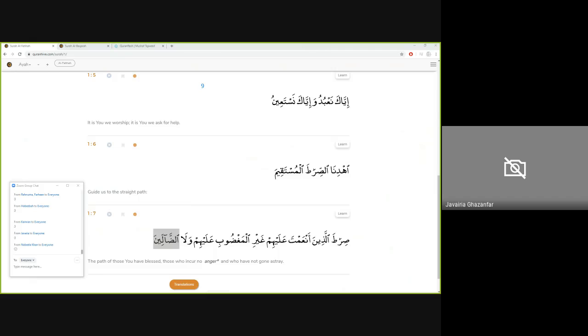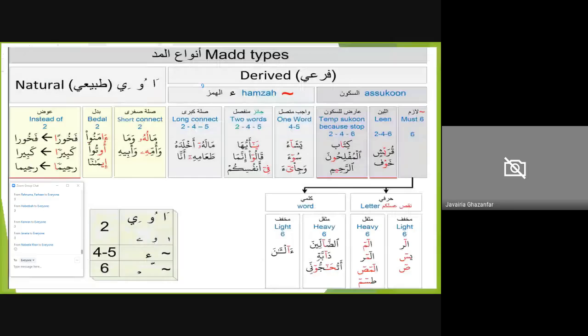So after the mud, we discussed, before the mud, we discussed the meem sakina, and we had discussed the ahkam of noon sakina. Okay, so idgham meem sakina, we talked about if we made a small checklist: if meem sakin is followed by a meem mushaddad, then that's called idgham meem sakina. Meem followed by a ba is ikhfa meem sakina. And if you see a little sukoon on the meem, then that is izhar meem sakina.